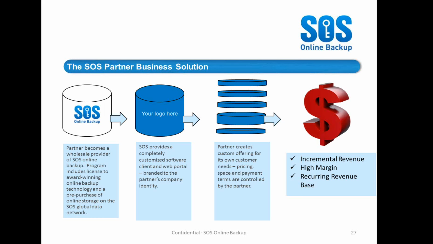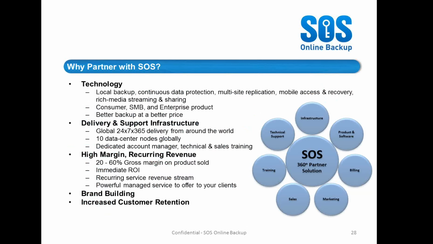How do we do that? Well, with a variety of things. Our partner program is quite rich with all of these constituent elements around this circle diagram on the right-hand side here, covering infrastructure. We provide all the cloud infrastructure to you, product and